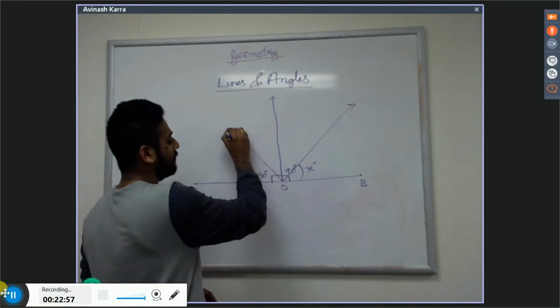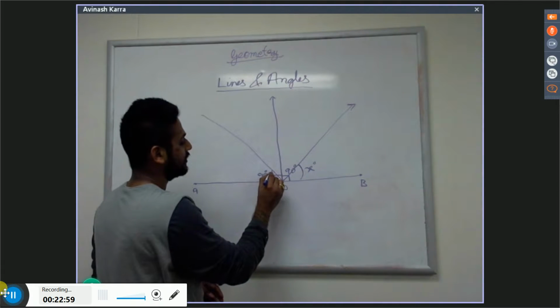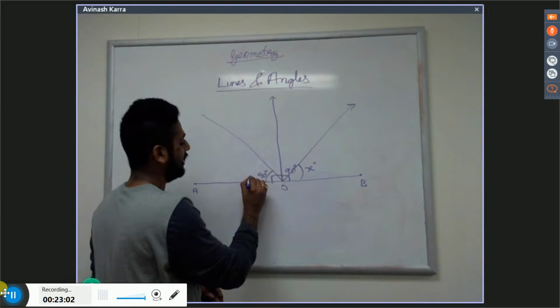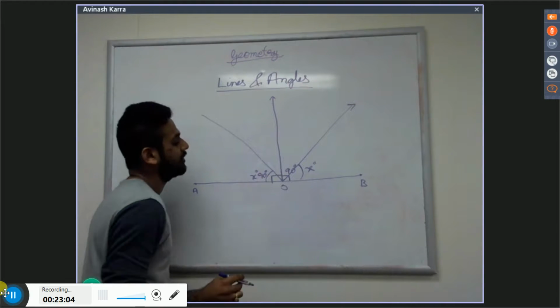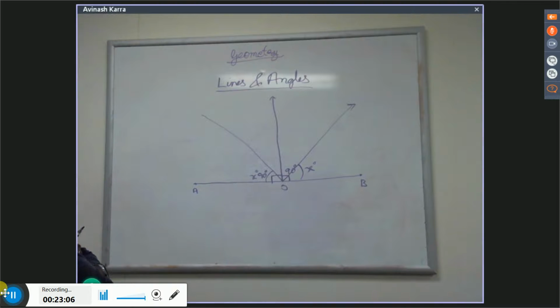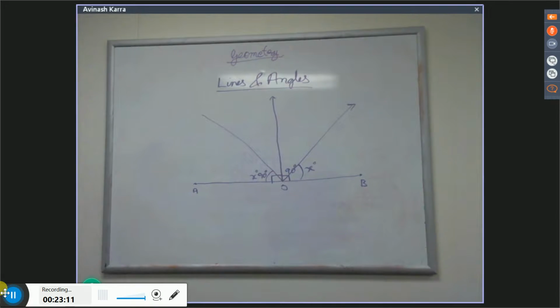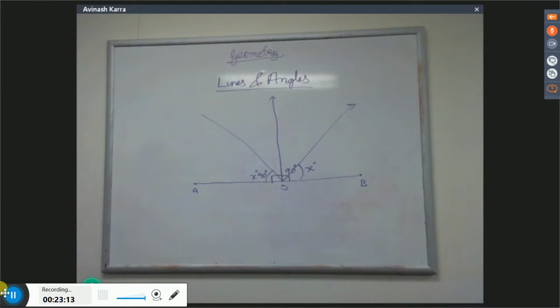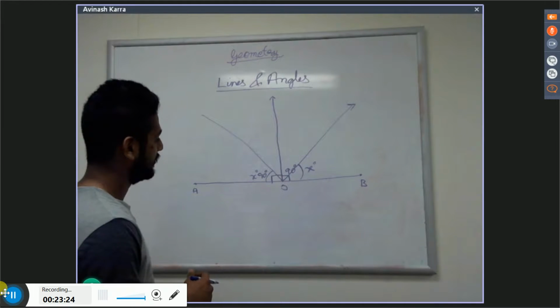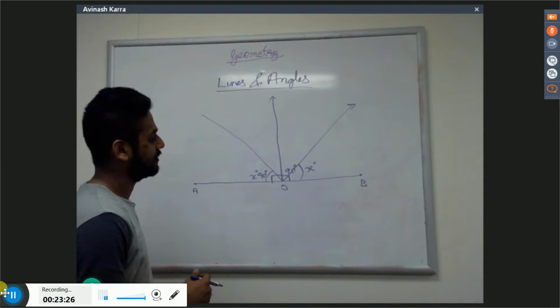Let me draw one more line. It says X. Can you find the value of X? Would it be 45 because it's split into 4 parts? Or like,